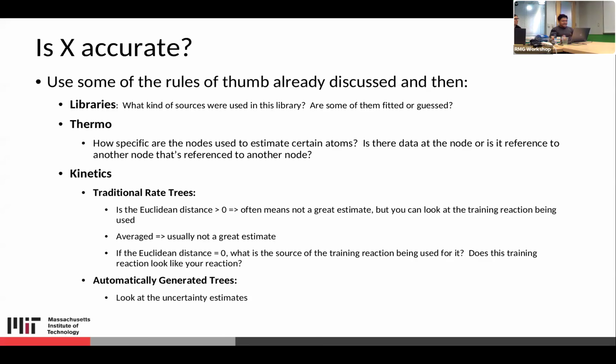Okay, so this is the last slide. Once you have predictions or library data, you might want to use some of these rules of thumb to figure